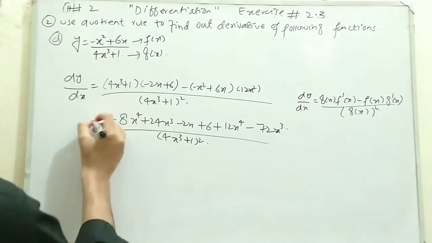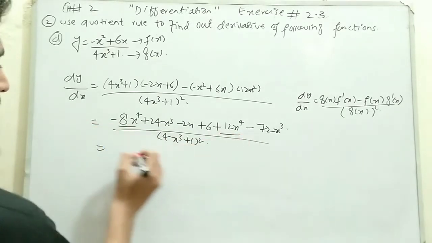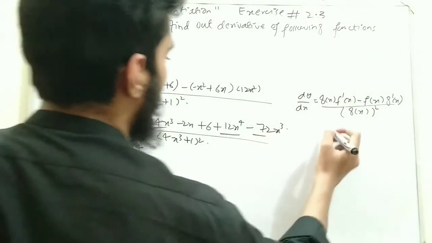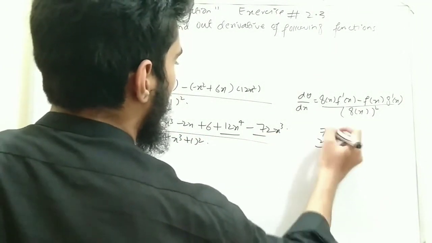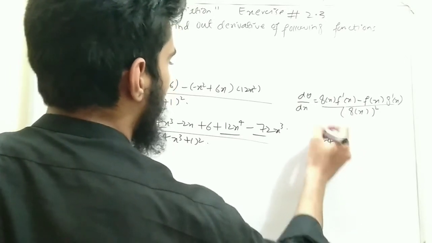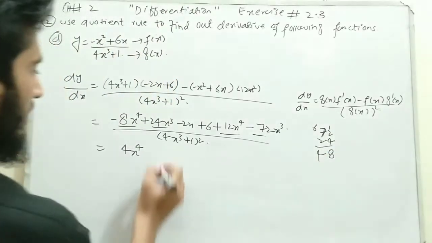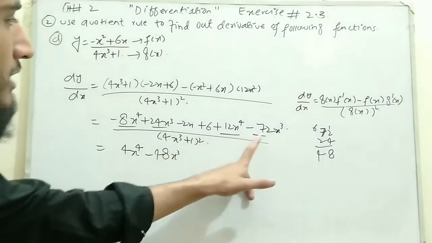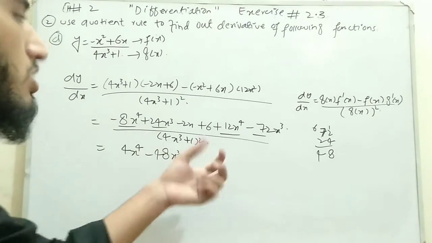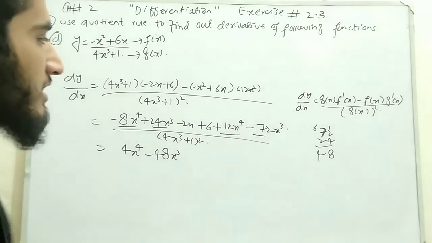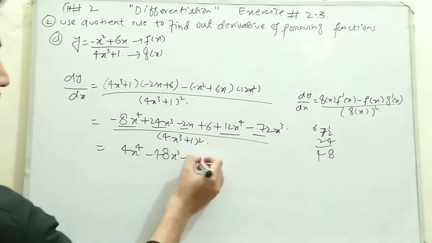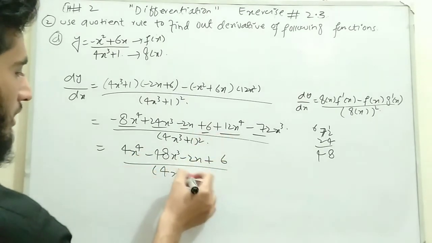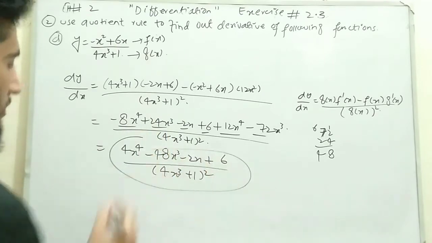Now by simplification, it becomes minus 8x power 4 plus 12x power 4 gives us 4x raised to the power 4, 24x raised to the power 3, and negative 72. So 72 minus 24 gives us a value 48, and after this 6 minus 2 gives us 4. So it will give us minus 48x raised to the power 3. Why do we take minus? Because here 72 is greater and 24 is lesser, so we take the sign of the number which is greater. So after this, minus 2x plus 6, and the whole divided by (4x cube plus 1) whole square. So this is the required derivative.